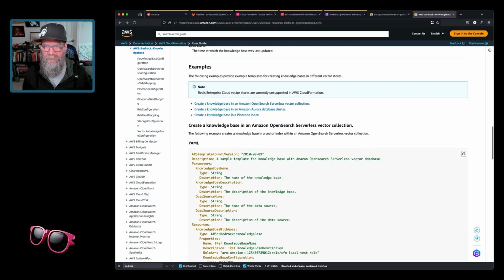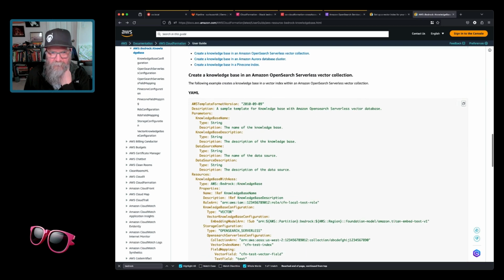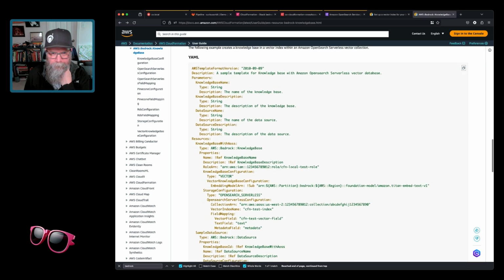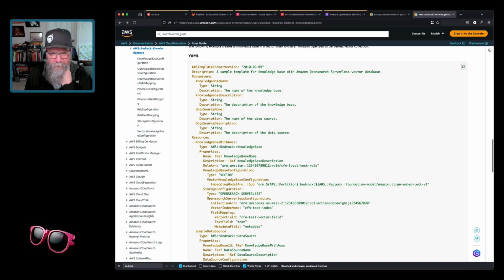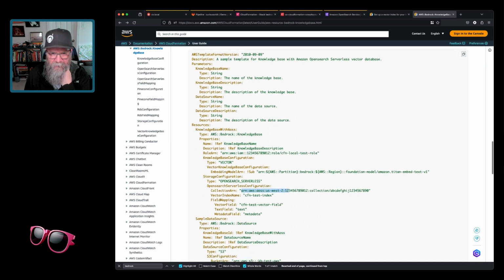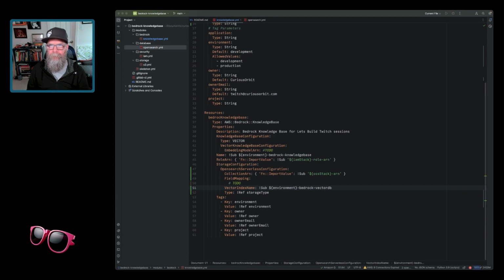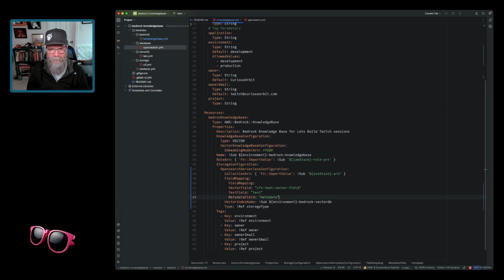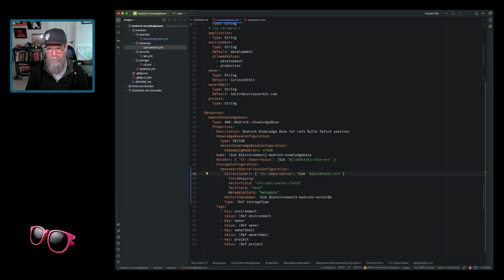Okay, here we go. OpenSearch serverless vector collection. Perfect. Type is vector. Oh, right here. So we've got this already. Got this already. Okay, here's our field name. Let's try it. We're going to use CFN test, but I already forget what I copied. That back there. Let's call this, well,